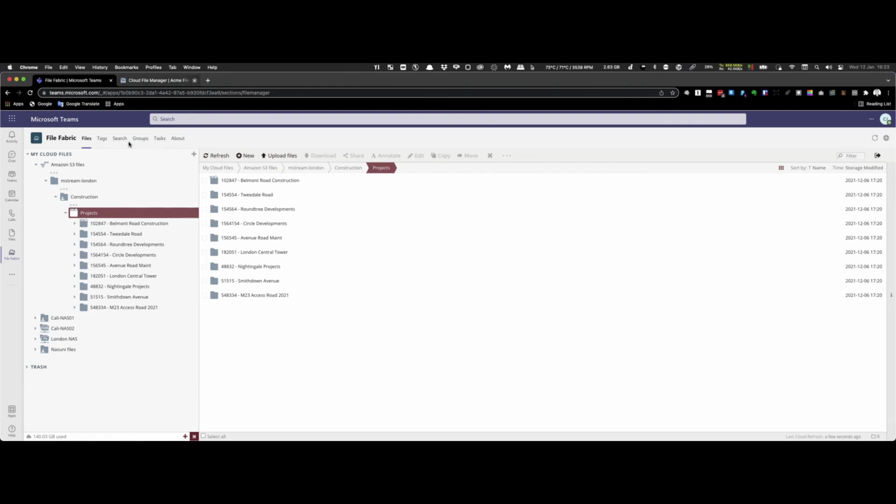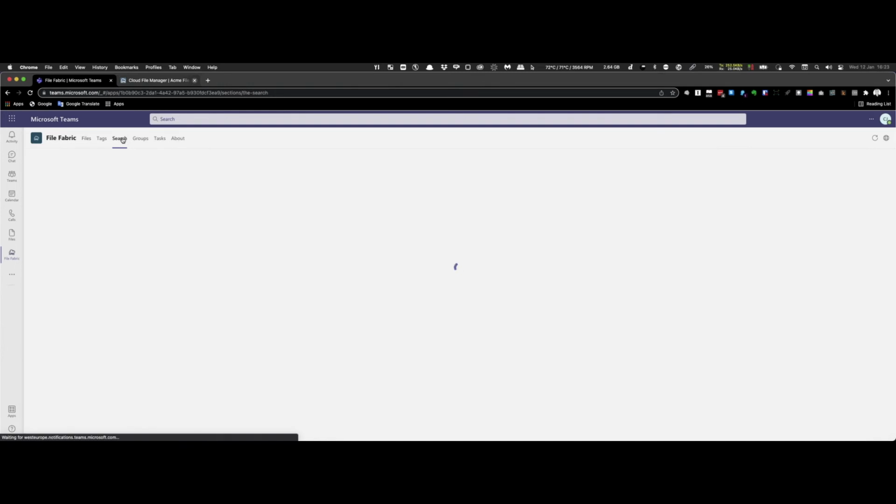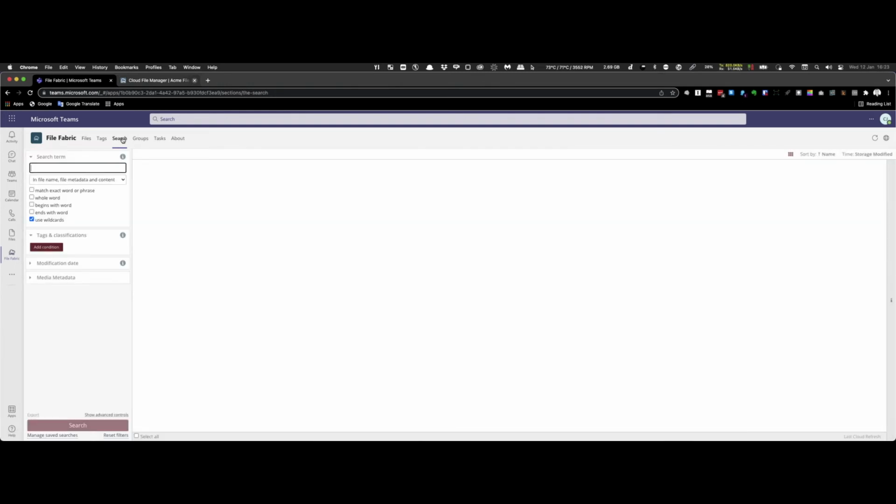We still have those available to us, but now it looks much more effective, from a Teams viewpoint, because it fits in with the look and feel of how Teams expects to see things. And indeed here, if you want to go away and do some of these searches, you can do so. So you can start to do some of these more sophisticated searches